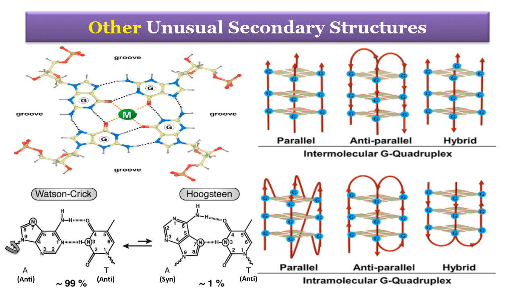In vivo, the presence of G-quadruplexes has not been proven yet, but they might be formed in the guanine-rich telomeres that constitute the extremities of the chromosome and are essential for maintaining the integrity of the genome. There are certain kinds of conformation that guanine may constitute, such as in the case of intermolecular interaction, it may be parallel, antiparallel, or hybrid. Again, the same types apply to intramolecular interaction for forming G-quadruplexes.